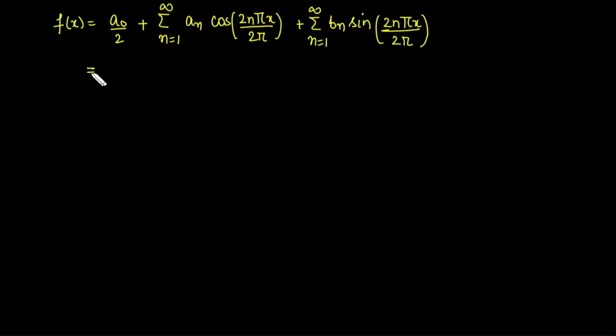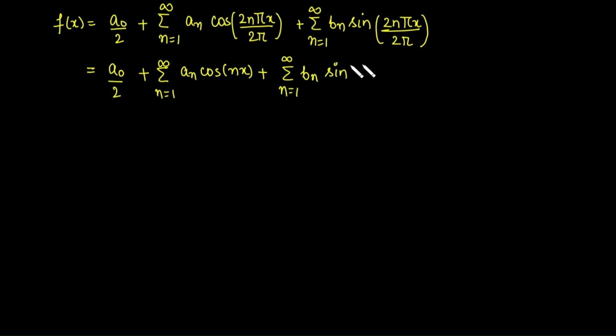The simplified form is a naught by 2 plus summation n from 1 to infinity a n cos of nx plus summation n from 1 to infinity of b n into sine of n x,